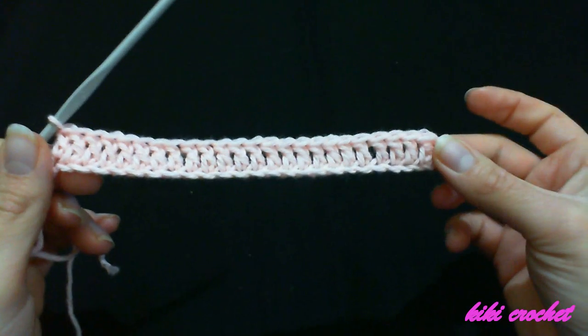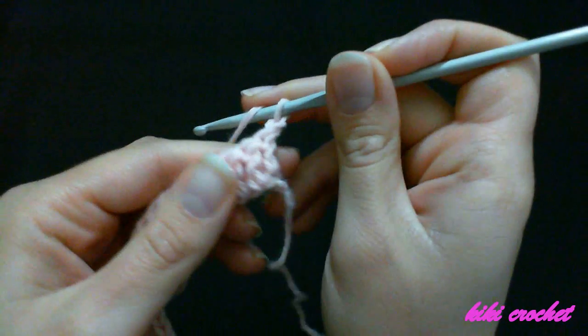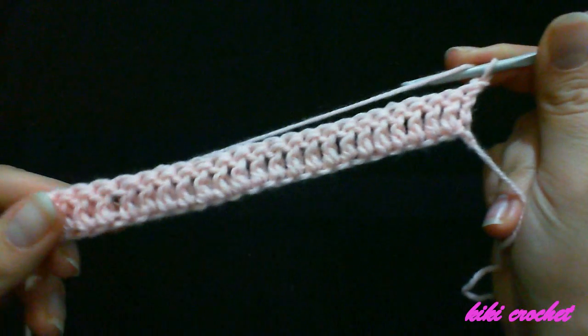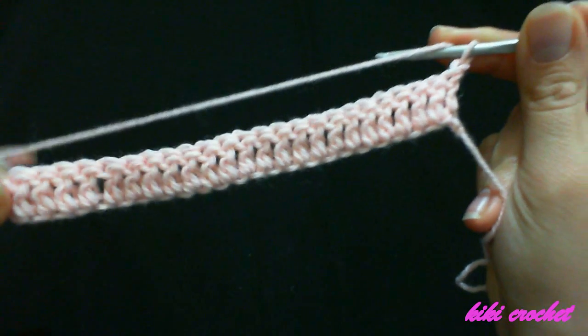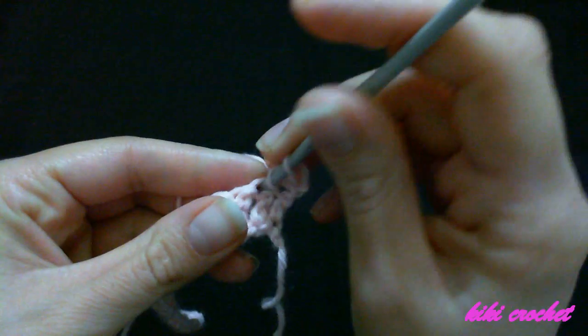25. So out of the total of 27 chains, we have a total of 25 double crochet. So I'm going to chain 1 and turn my work. And I'm going to make a double crochet in the first stitch, next stitch,